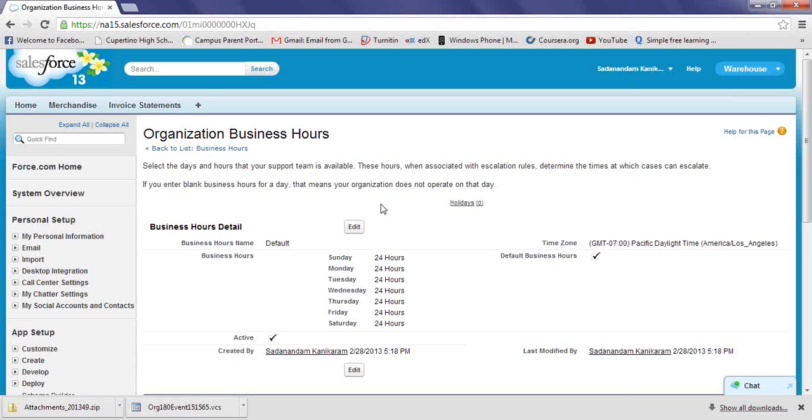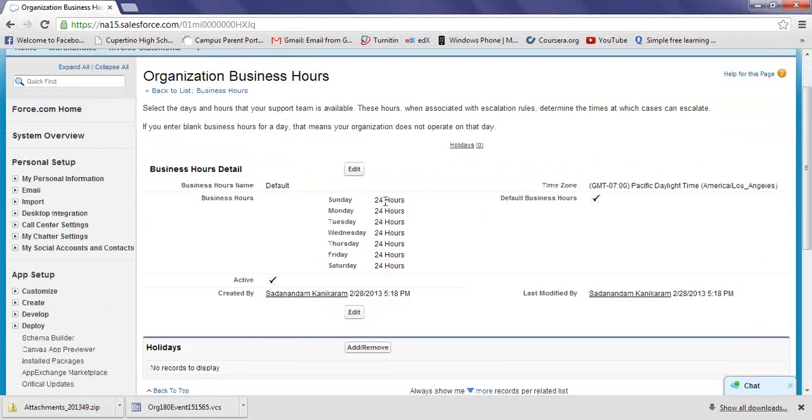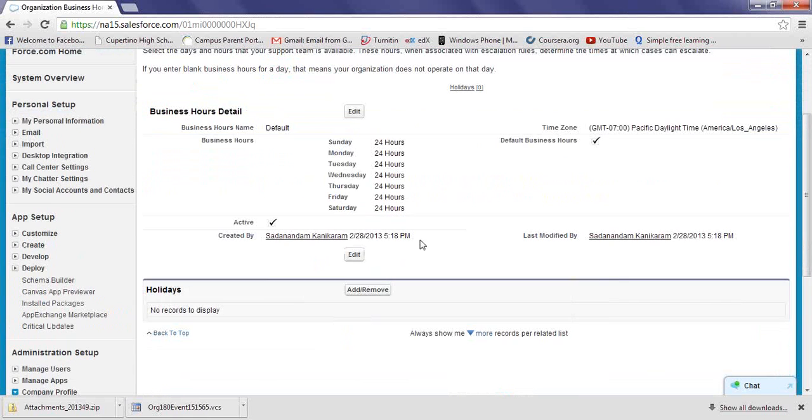It can show different hours, and it will also allow you to add holidays and other times in which the company is not in operation for the customers. So depending on these business hours, if a call comes, they will inform you, okay, this office is open from 9 to 5, and if you want, you can contact the next day.